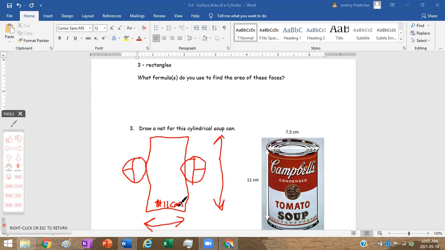Now, this rectangle here, what about this length here? How long is that going to be? Because I have the diameter here, right? That's here. Well, once we realize and look at this, oh, this is the circumference. All right? So your job right now,